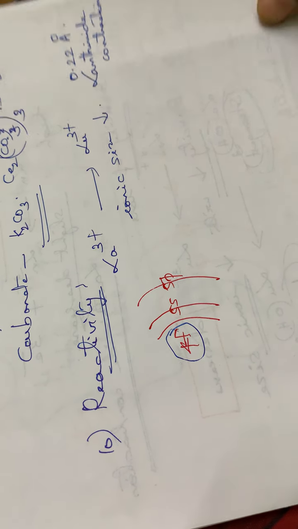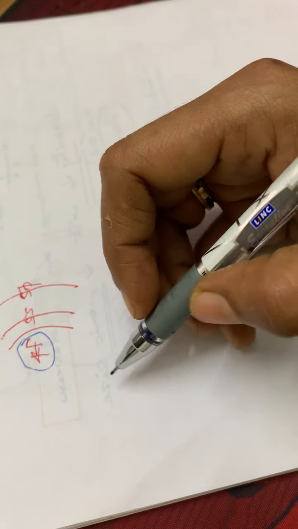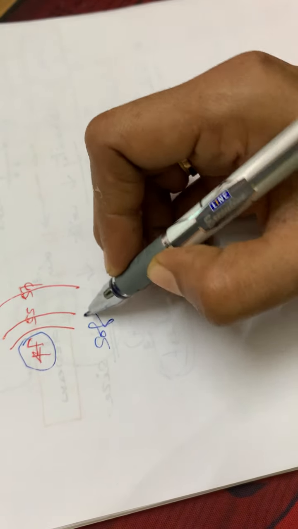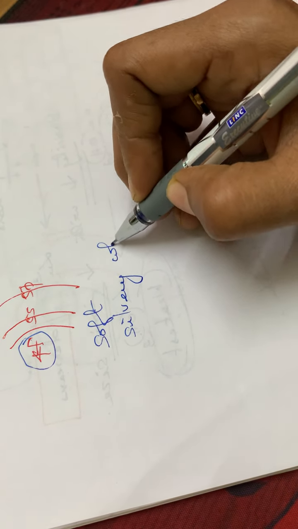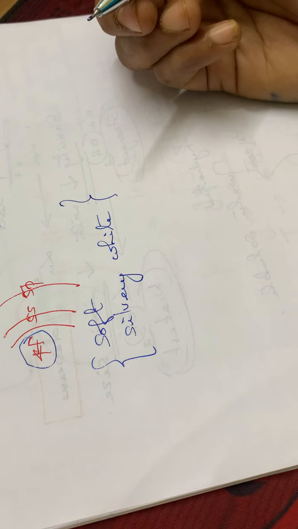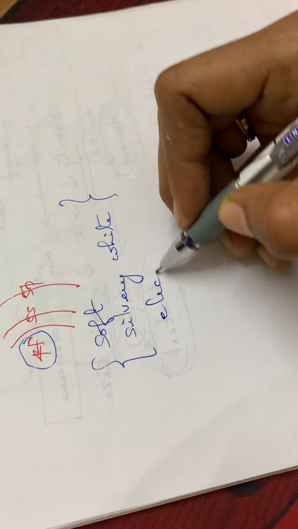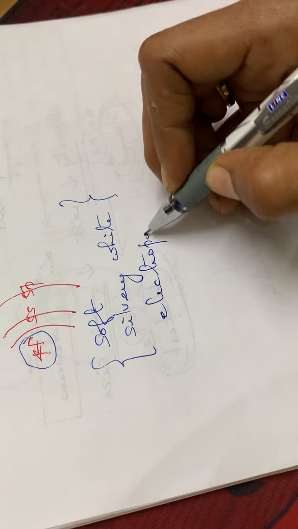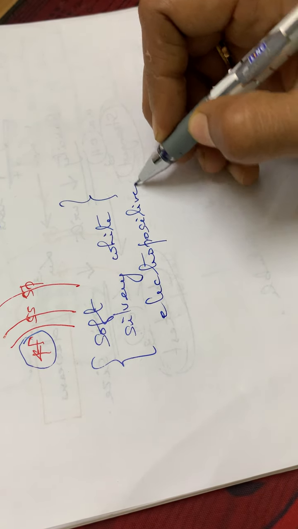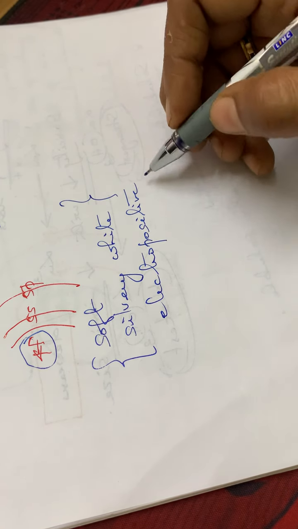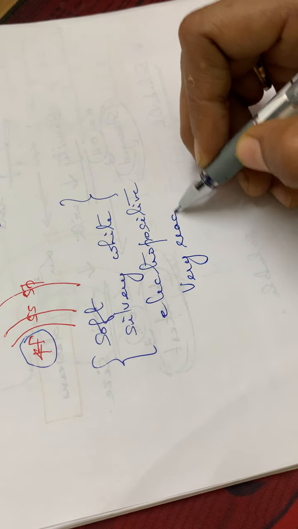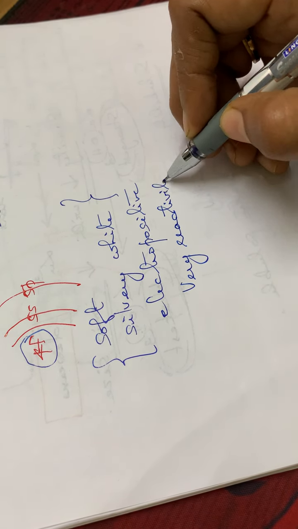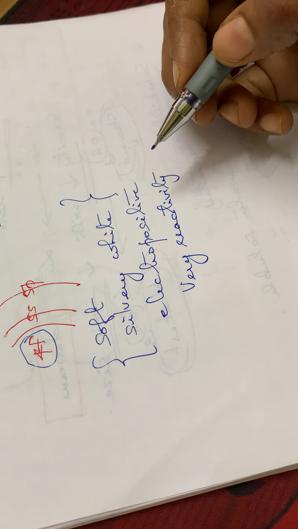And also normally these lanthanide metals are usually very soft and silvery white in color. This is the general appearance. Usually lanthanides are soft and silvery white, and also electropositive in nature, isn't it? They have a positive charge, Ln3+, so they are electropositive, and also very reactive, and the reactivity shows a very close resemblance between the elements.